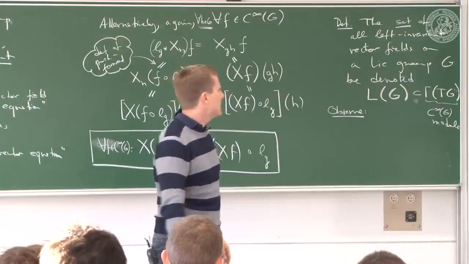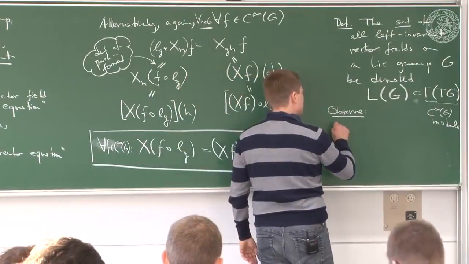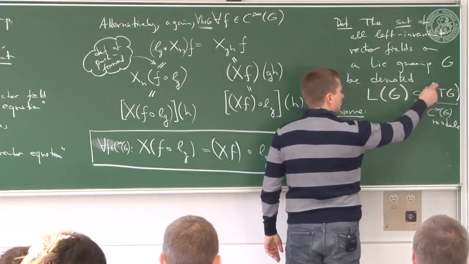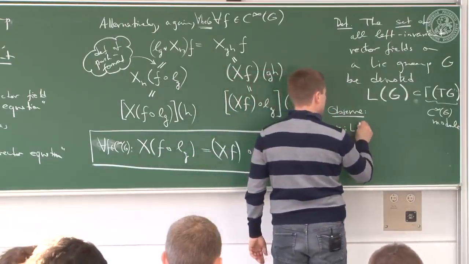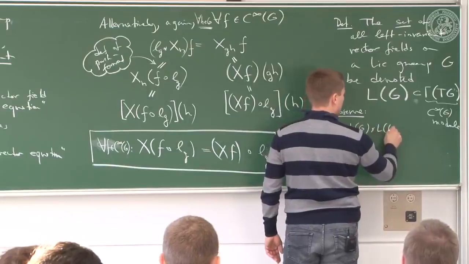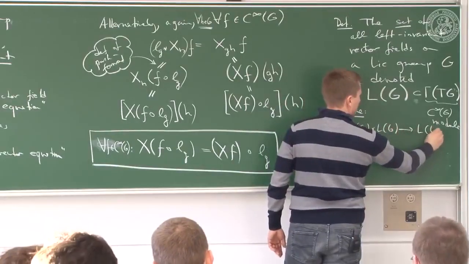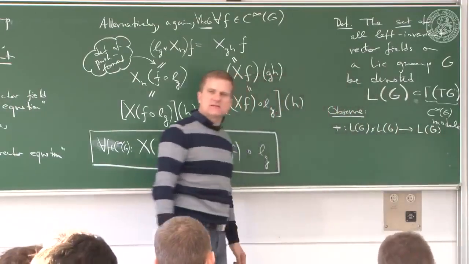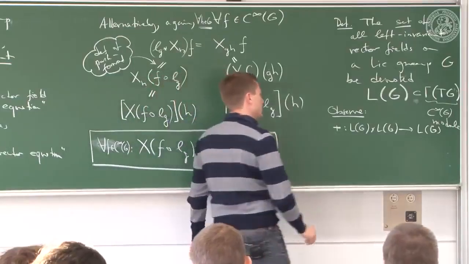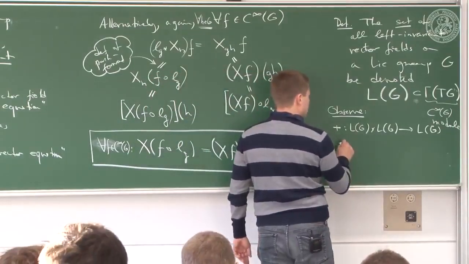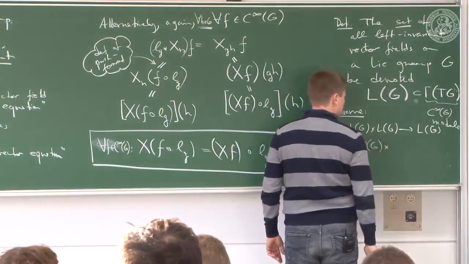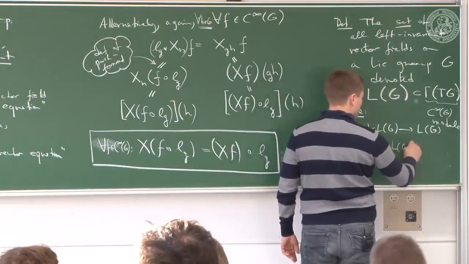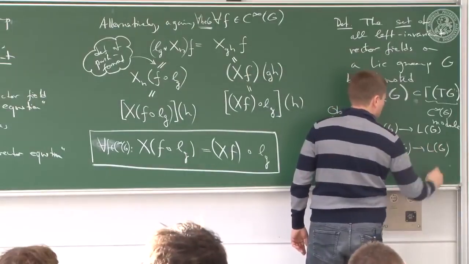How do we check this? Well, we have to check that the addition that actually you can have on vector fields, if you restrict it to LG, that it stays in LG, so that LG is closed under addition, and you have to check whether LG is closed under C infinity multiplication, scalar multiplication,